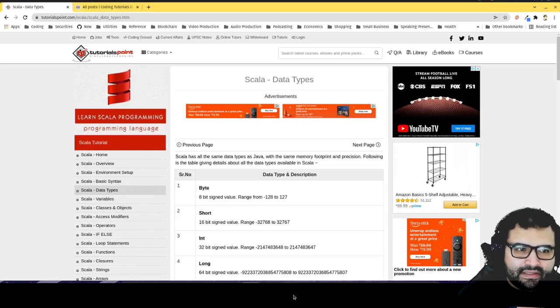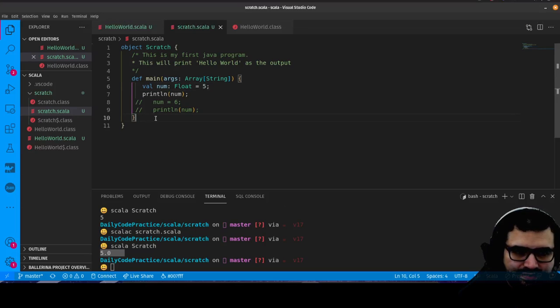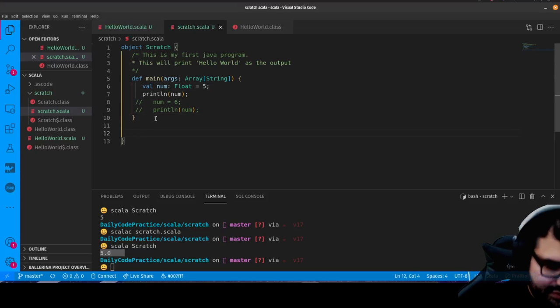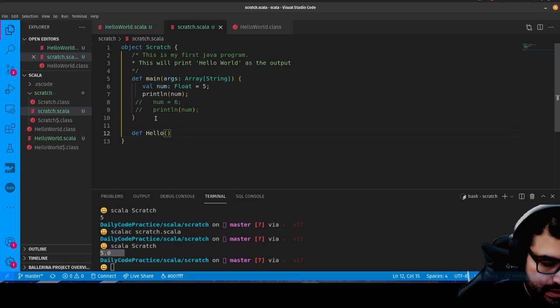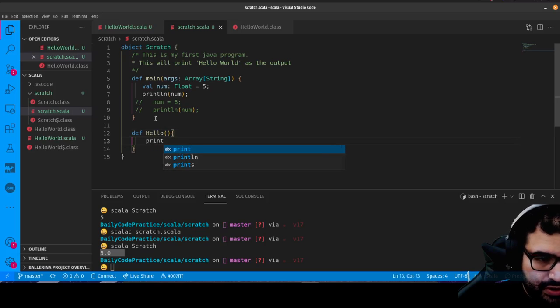And then, as you can already kind of see, how you define functions. So I could define another function. We'll just say define hello. Okay. And I'm just going to say print line hello.